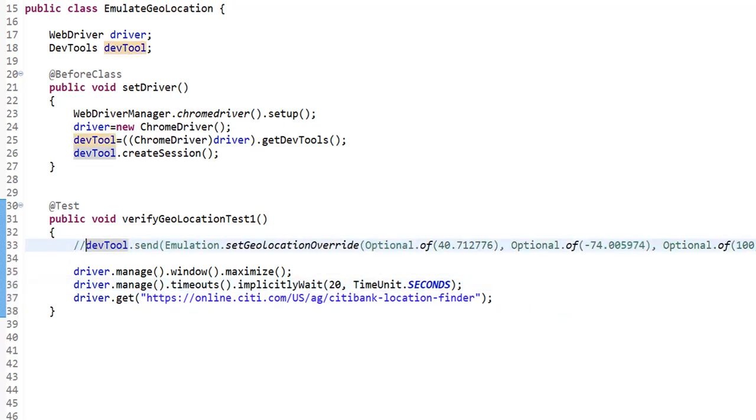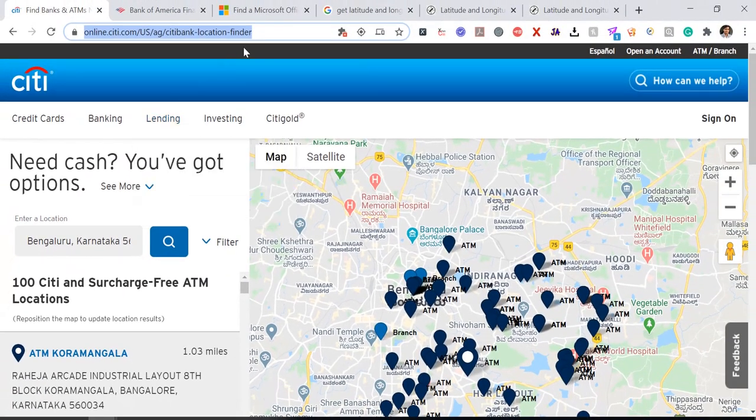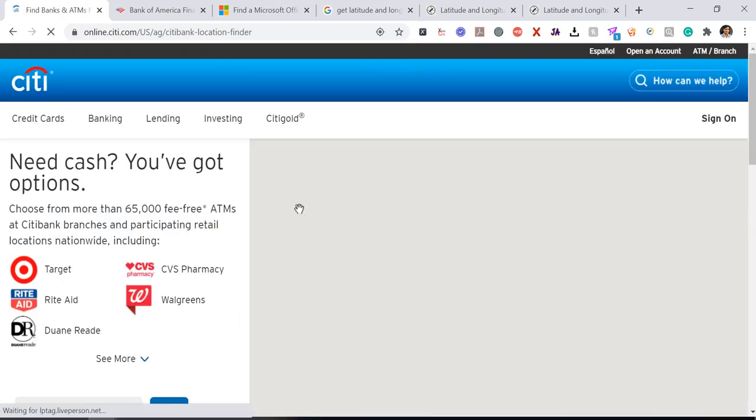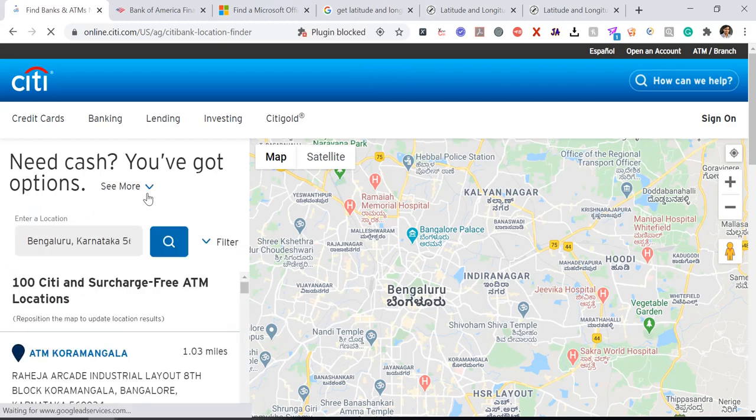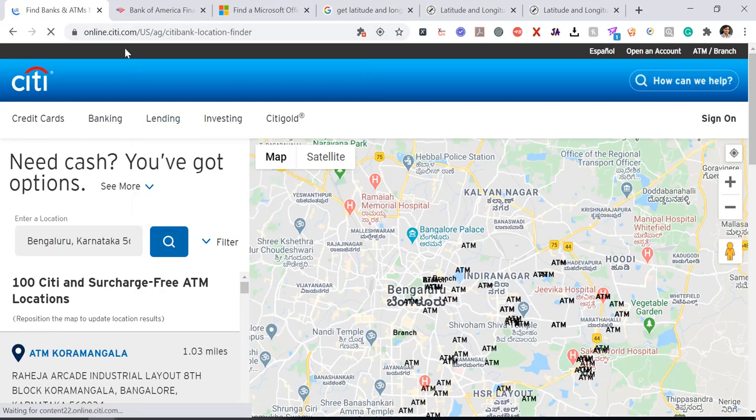So let me explain what I'm going to achieve here. Whenever we open this Citibank location finder URL, it takes your current location and suggests how many ATMs are nearby. This is a global website.